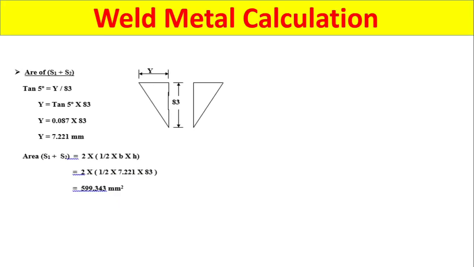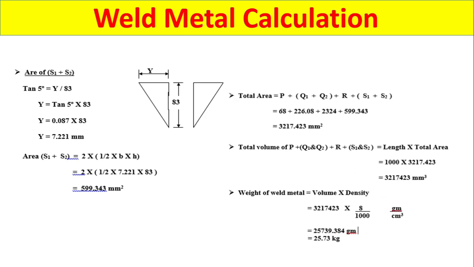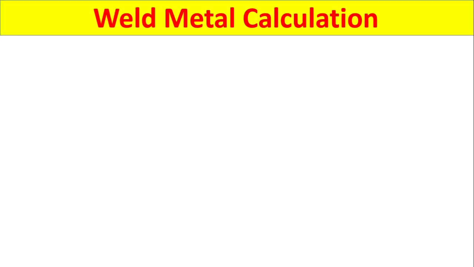You can see here area of S1 plus S2. So S1 plus S2 is coming 2 into half into BH, 599.343. So the total area is coming 3217. Then you can see the length into total area, that is coming in mm3. Then after that you can get the weight. So this formula is very interesting and you can easily, step by step, get the weight